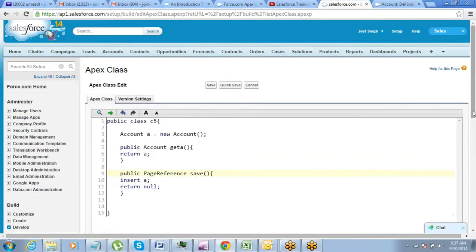So you can also use Visualforce pages to make certain entries into the system. Sometimes you might be thinking that when we have the default pages for creating the records, why would we use Visualforce pages for making the entries? Sometimes you may have the requirement that you just want to allow the end user to have a very simple interface with 2-3 fields. For example, think of a scenario.